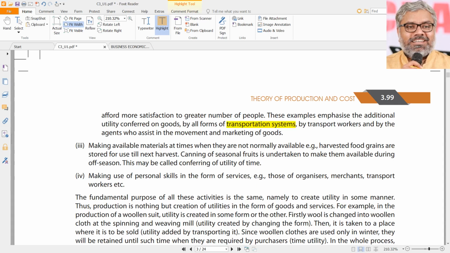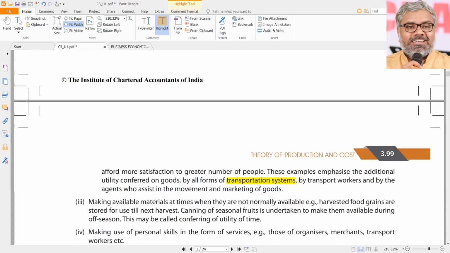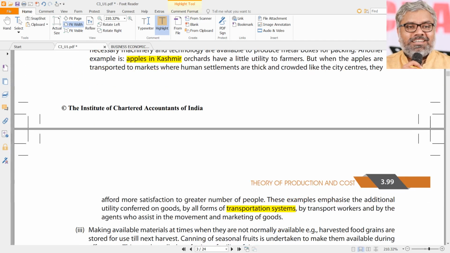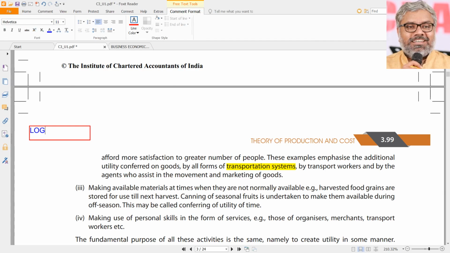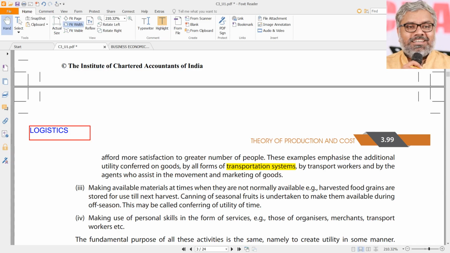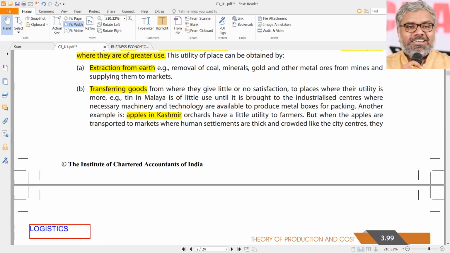But how is place utility possible? Because of transport systems, a fantastic transport system throughout the world. We have rail transport, road transport, air transport, sea transport, water transport, just within the country also. Many countries have them. So different types of transport networks and transport workers put together do this job of transferring the goods from one place to another place. And once again, I'm giving you a practical word that is used for it. This is what is called logistics. Simple. That is what is creating place utility.